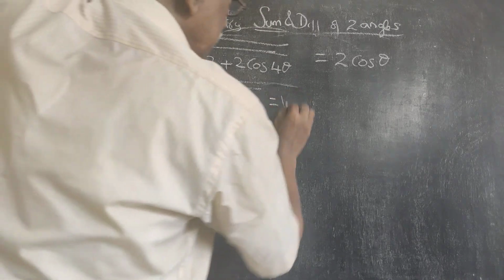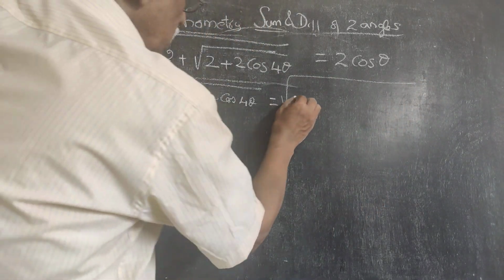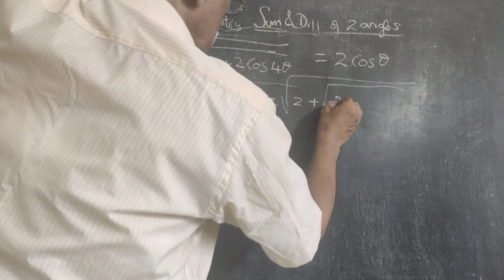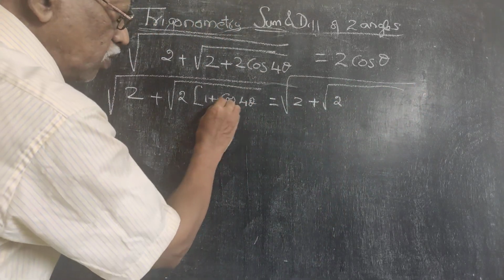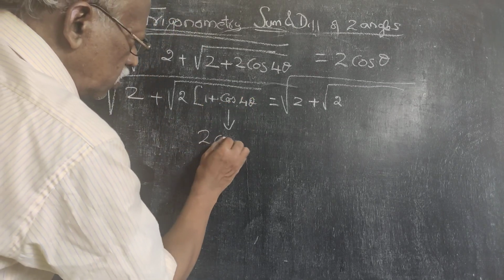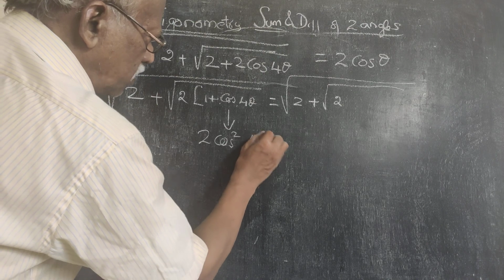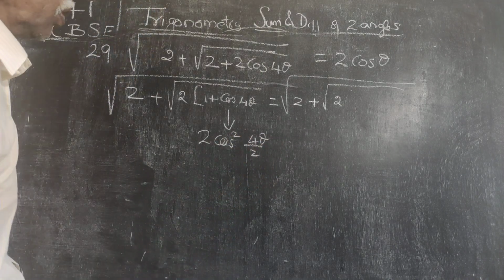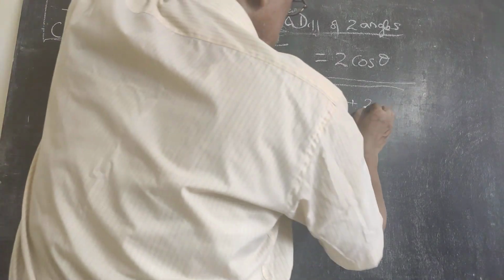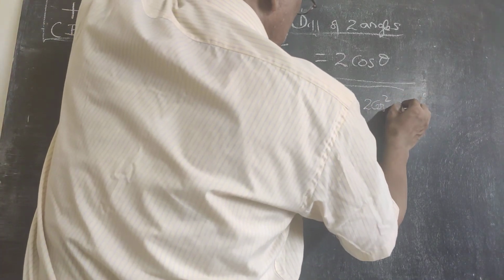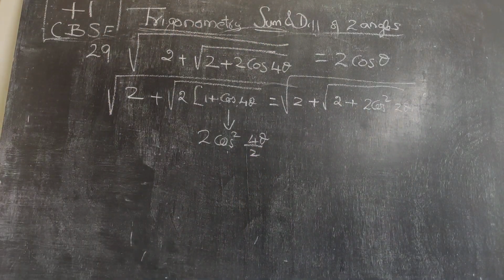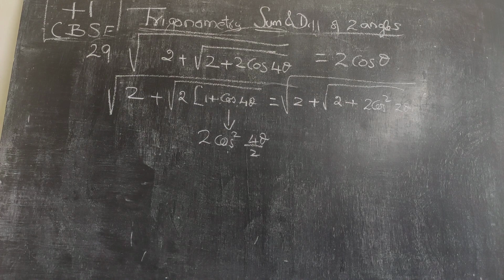That is rewritten as, again you write this 2 plus within the square root 2 (1 plus cos 4 theta). It is similar to 1 plus cos theta, which I said is 2 cos square (theta by 2). So you write this, instead of 1 plus cos 4 theta, you write 2 cos square 2 theta, because it gets cancelled. So please understand this particular step.